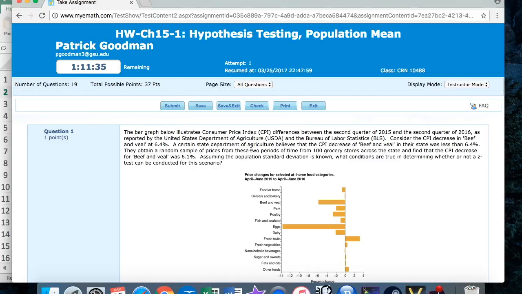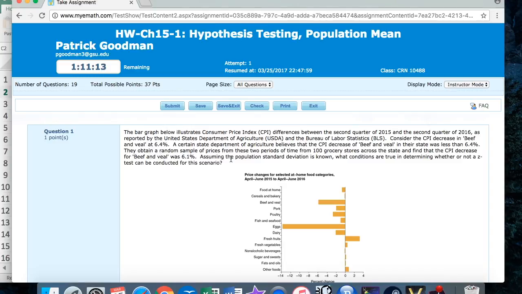A certain state Department of Agriculture believes that the CPI decrease of beef and veal in their state was less than 6.4%. They obtain a random sample of prices from these two periods of time from 100 grocery stores, so our sample size is 100, across the state,